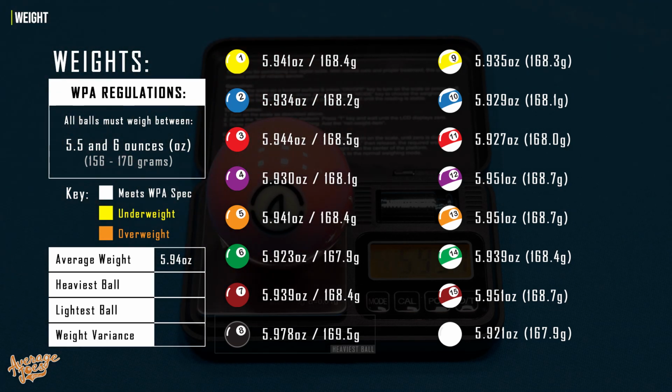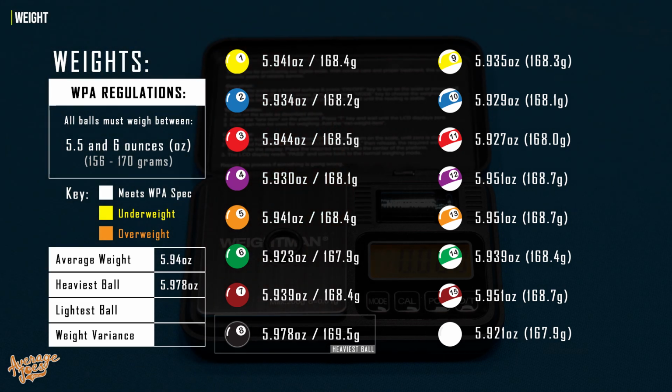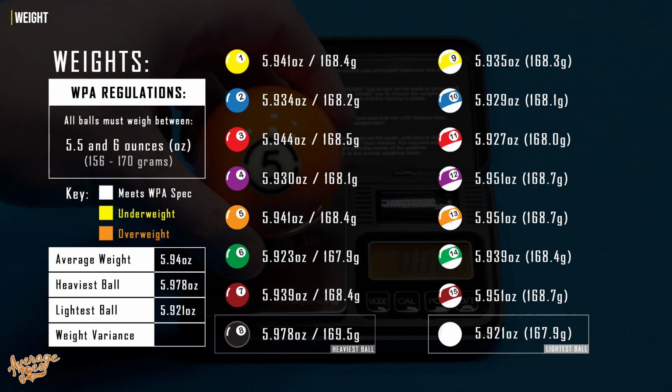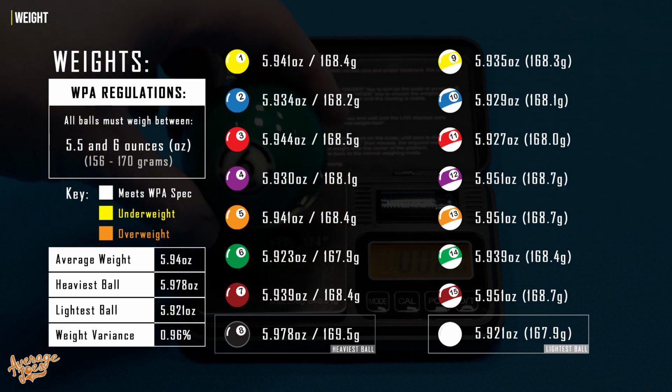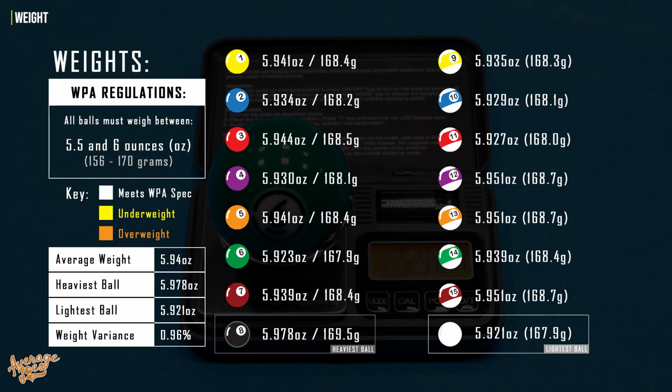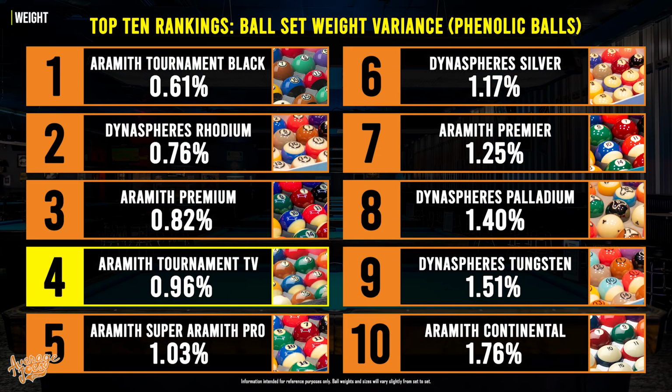Our heaviest ball was our number 8, which weighed in at 5.978 ounces. And our lightest ball was the cue ball, coming in at 5.921 ounces. This gives us a weight variance across the entire set of just 0.057 ounces, or 0.96%. And taking a quick look at how this compares to other phenolic resin sets in our variance rankings, we